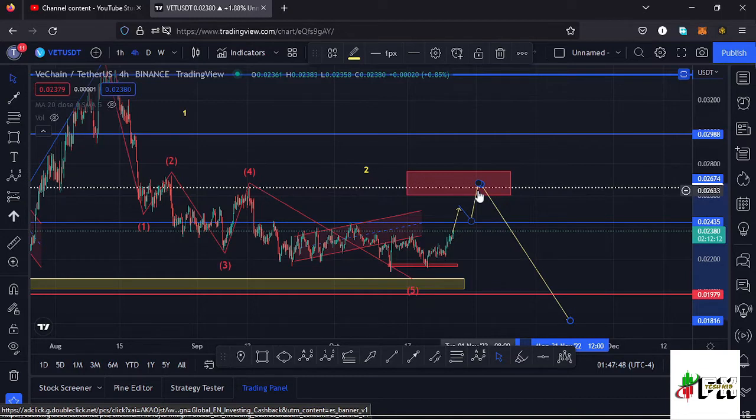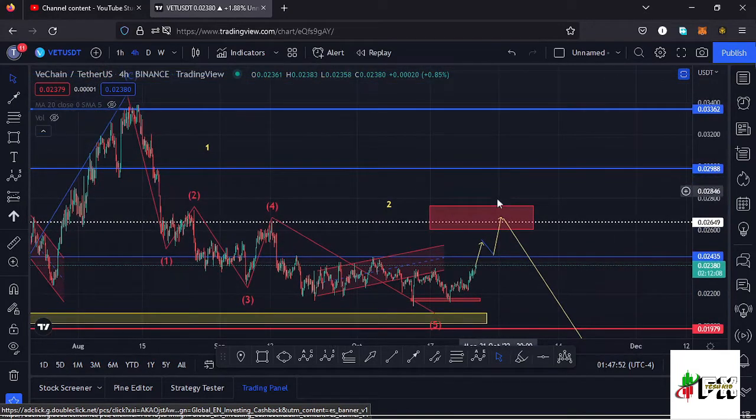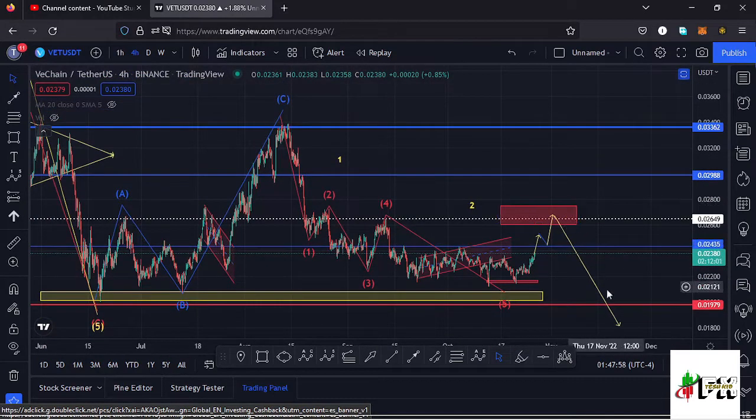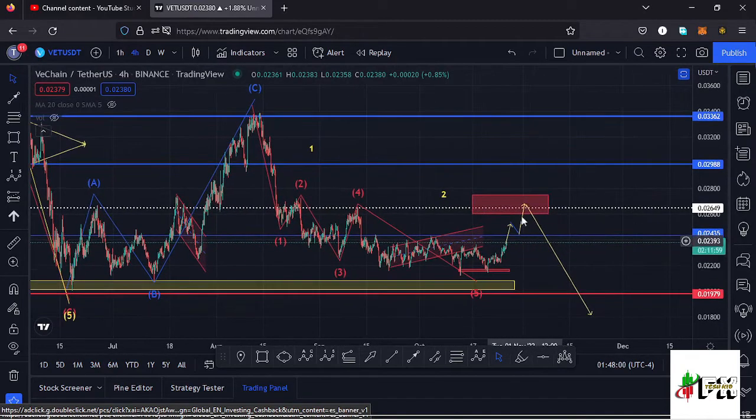So there is a possibility that very soon we might get into this target area before we continue seeing lower prices in the formation of a wave 3. But we can also invalidate that movement to the lower side in the formation of a wave 3 in case Vechain continues to push higher in the formation of that wave 2, manage to break out of our target area and get above the key area of resistance at around the $0.029